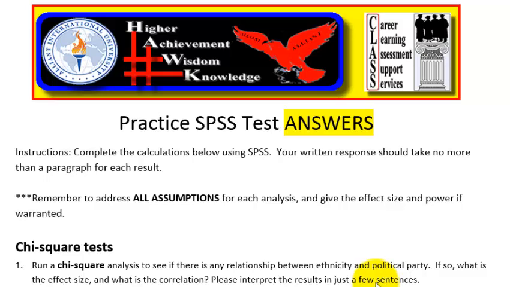Here comes a chi-squared test done in SPSS. More specifically, this is a chi-squared test of independence as opposed to a chi-squared goodness of fit test. Okay, they are very similar, but with the test of independence, normally your variables are independent of each other, so that's what we're going to do. So let's pull up SPSS,